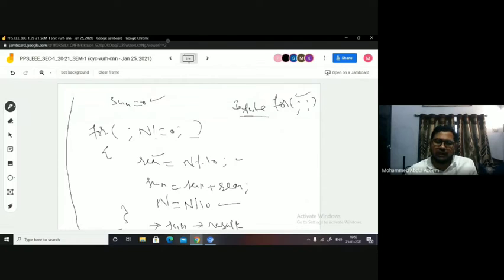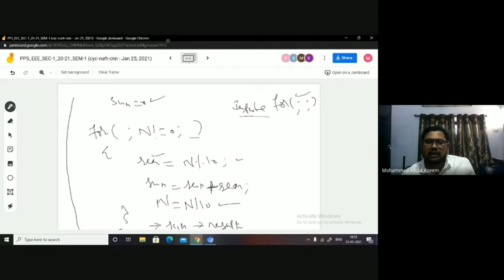When you have the LHS and the binary operation, this is said to be the left operand, and this is said to be the right operand for the operation plus. Yes or no? What is the operation you are performing here? Plus. For plus operation, this is the left operand, this is the right operand. This whole is nothing but the RHS, and this I say LHS, left hand side, right? Left side of the equal sign is said to be LHS. Right side of the equal sign is said to be the RHS.